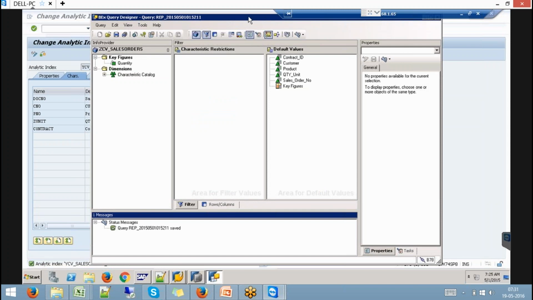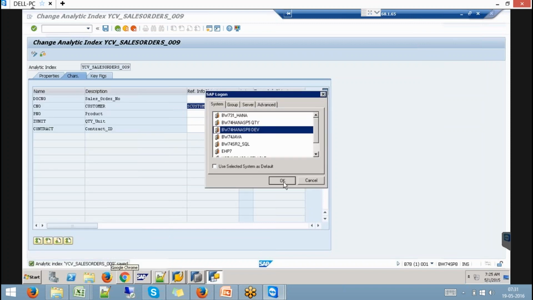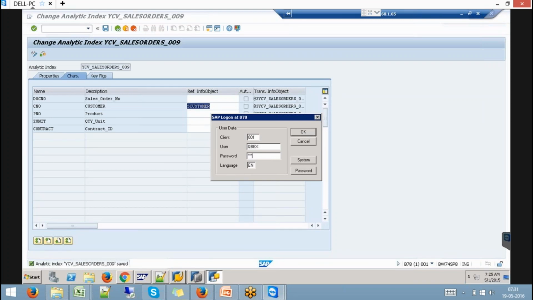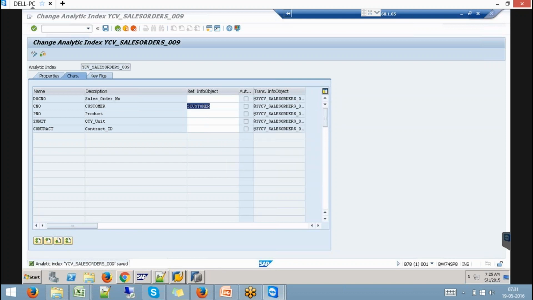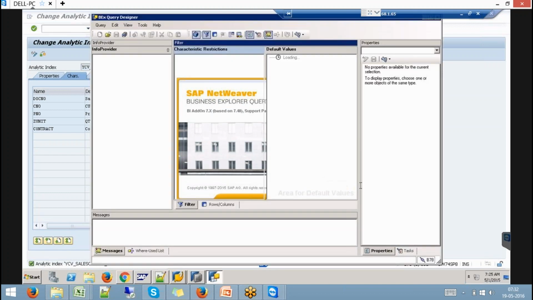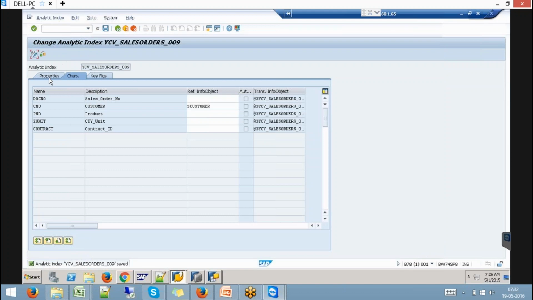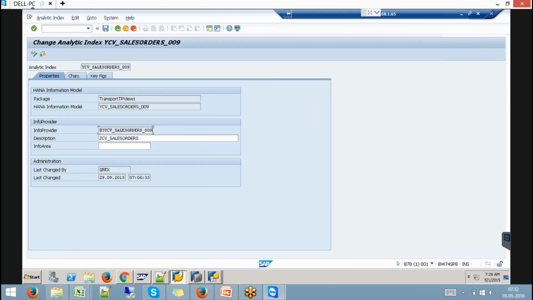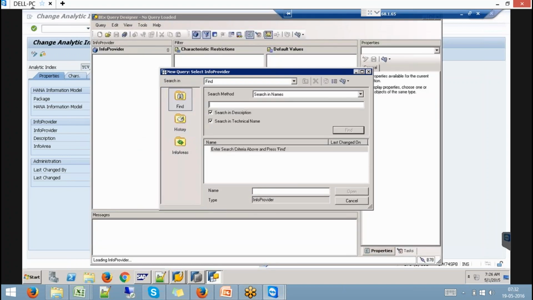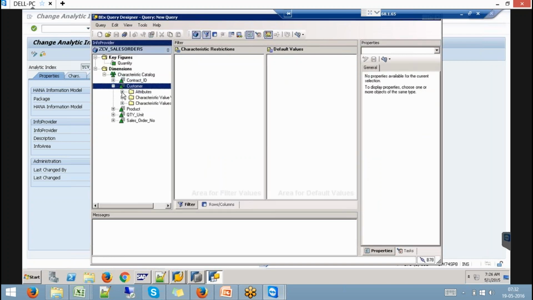That's it. See, now the customer, you're able to access even the attributes also.